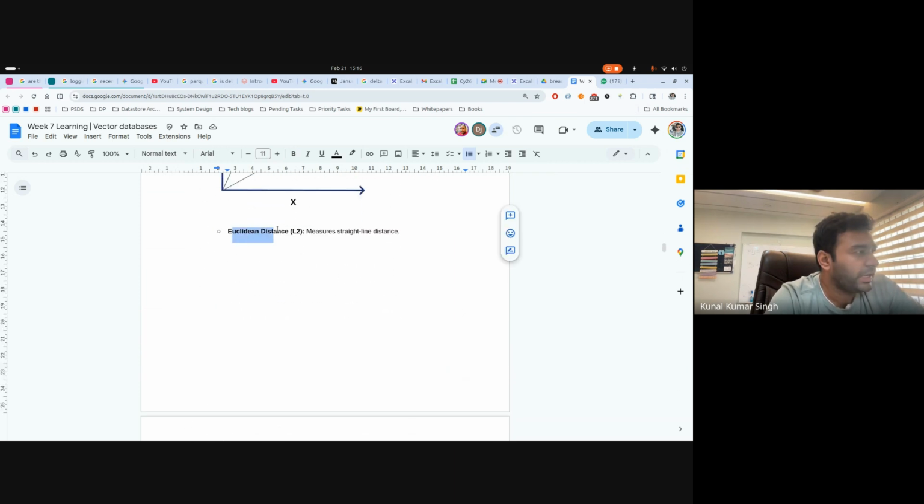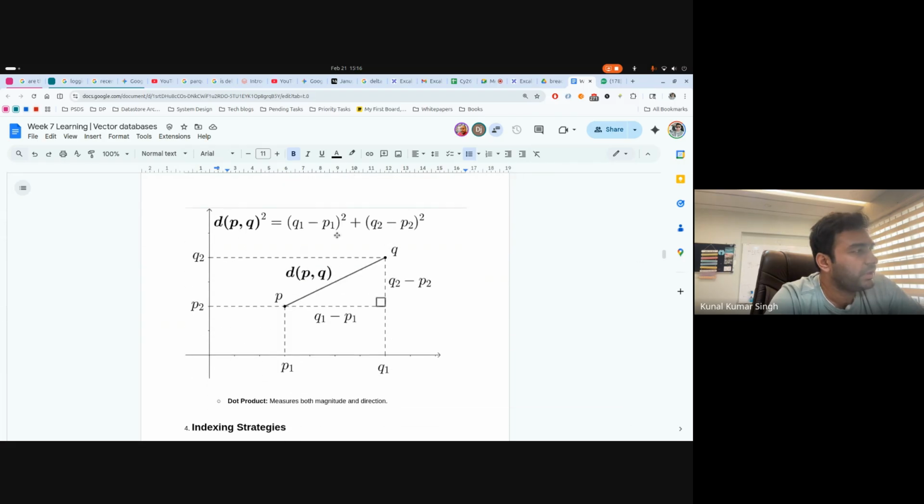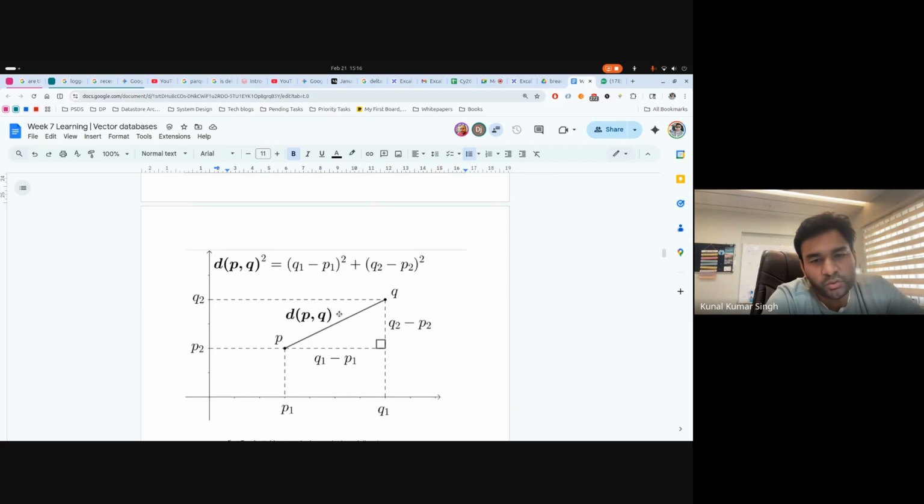The other thing is, of course, Euclidean distance. This also we know, this is the basic distance formula that we have read, right? So this is another way to compute distance between two vectors, and this can also be used. But the problem with this is that, again, when you take the dimensionality, this is like two-dimensional, right? If we take it to, let's say, 384 dimensions or 786 dimensions, which I talked about,